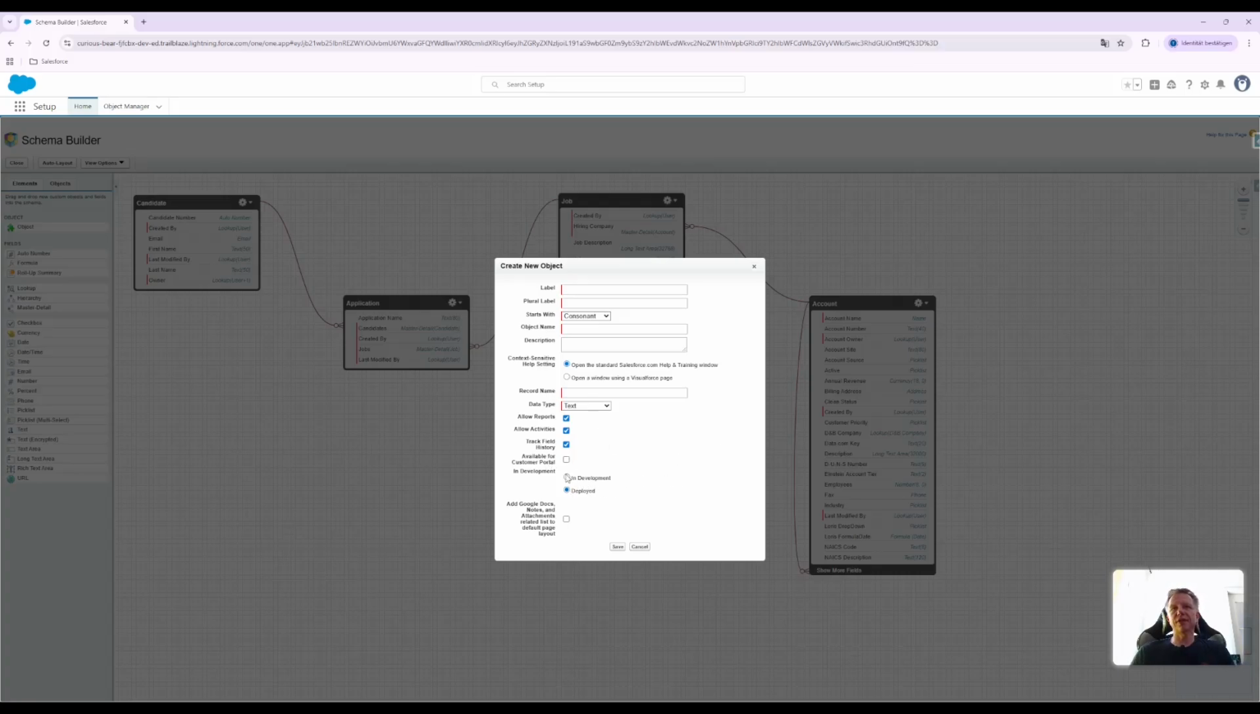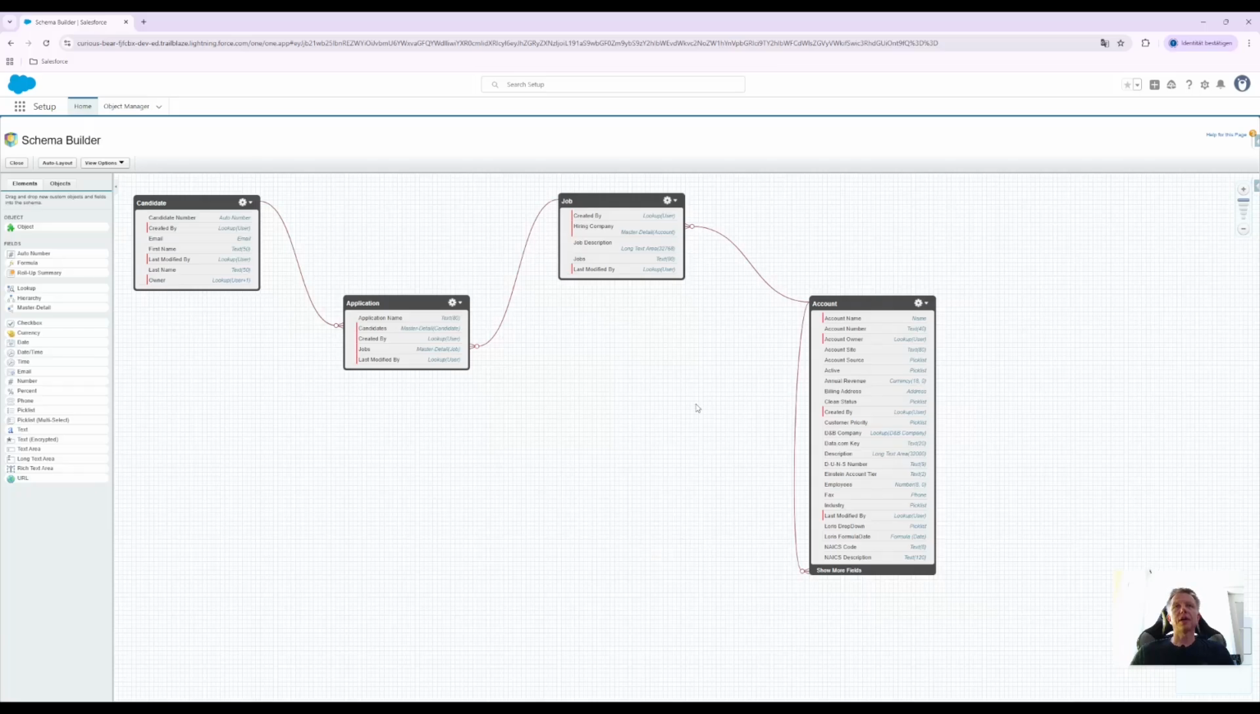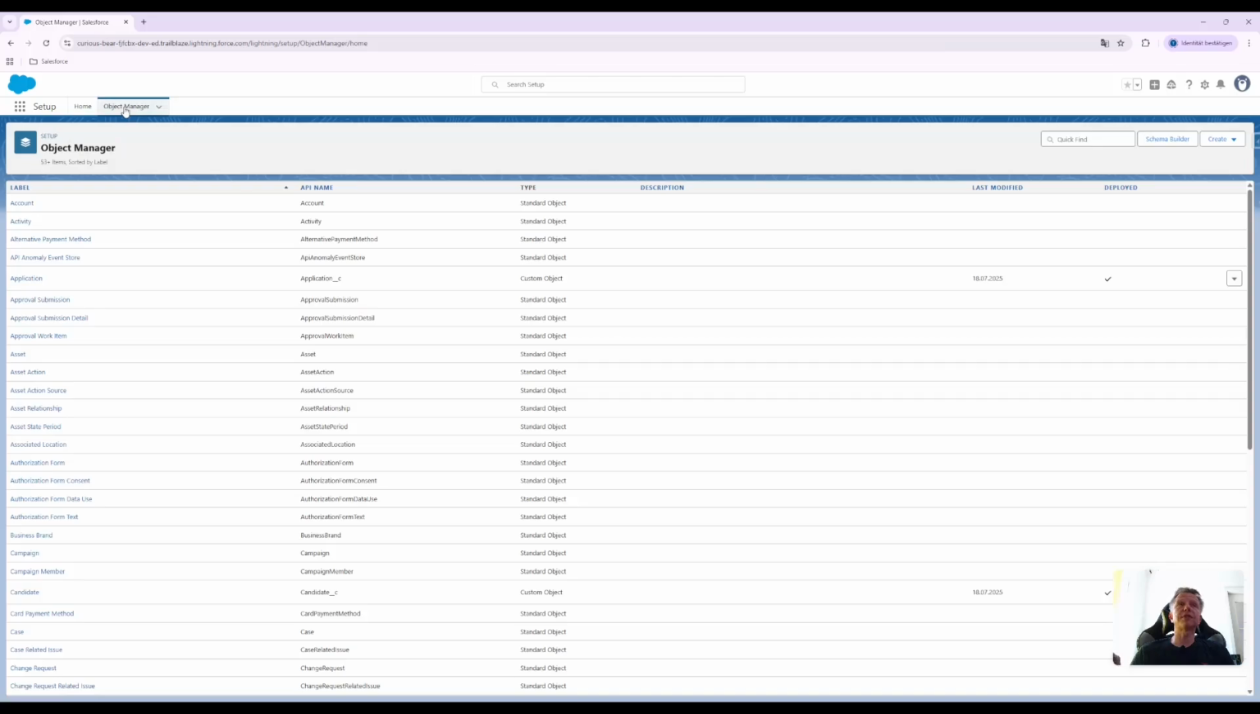And again, you can choose between in development and deployed, and add Google Docs notes attachments related list to the default page layout if you want. This is how you do it by Schema Builder. All right. Okay, so that was the second way on how you can create a Salesforce object or a custom